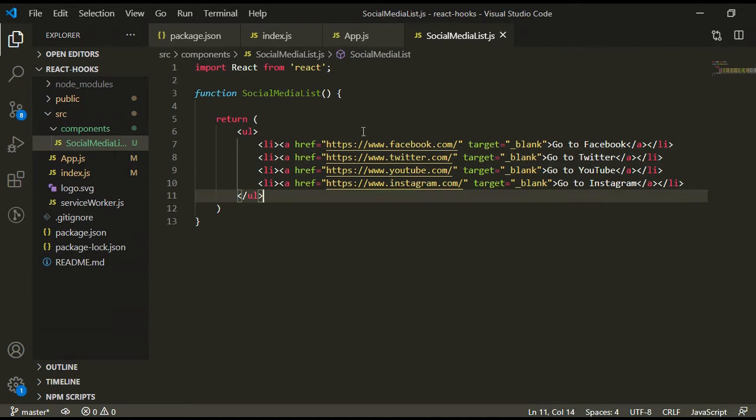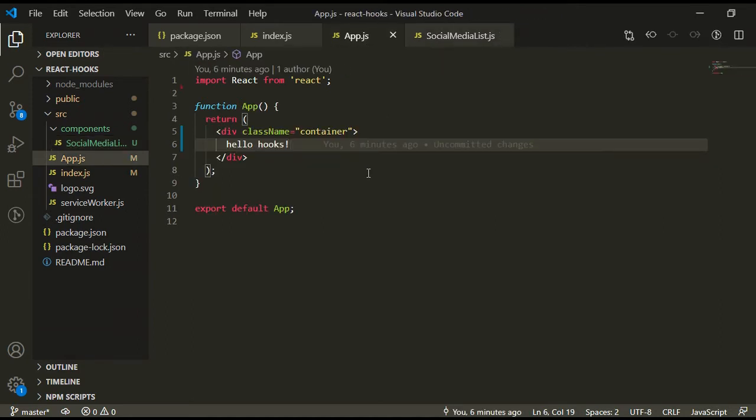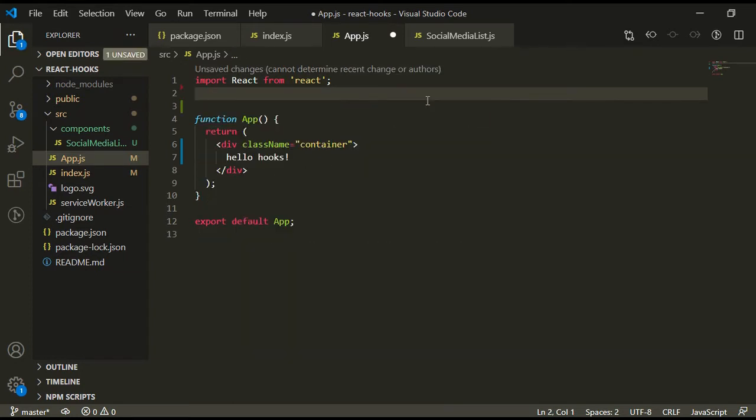Now we will use this component inside the App.js component. First import our component. Give the component name here.